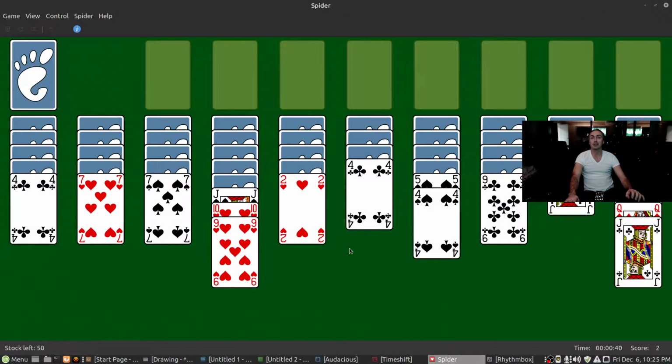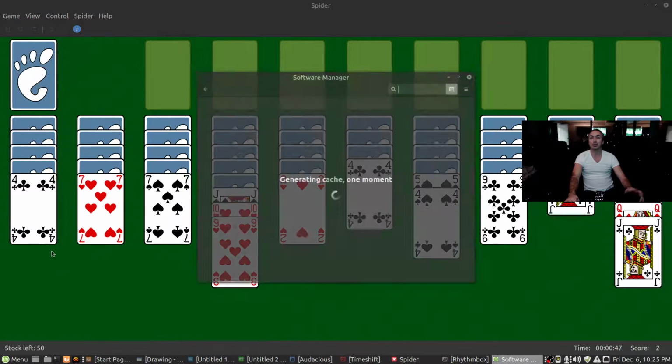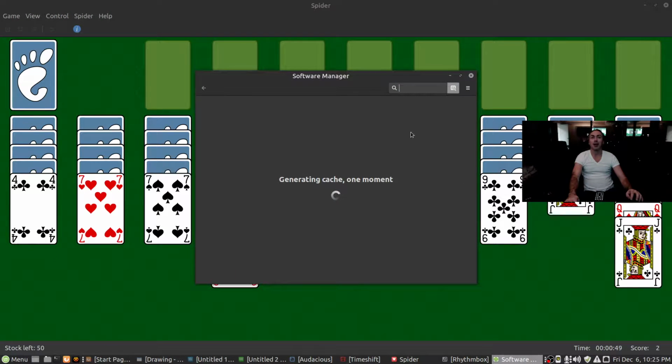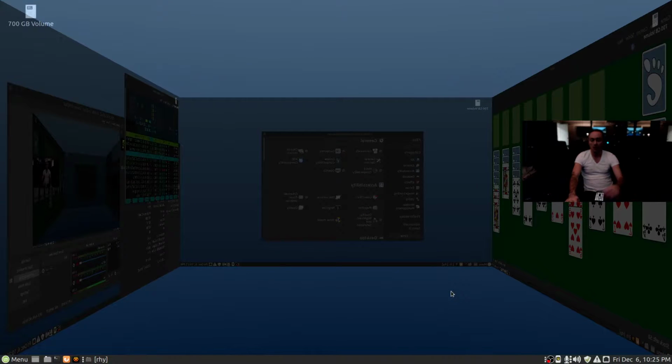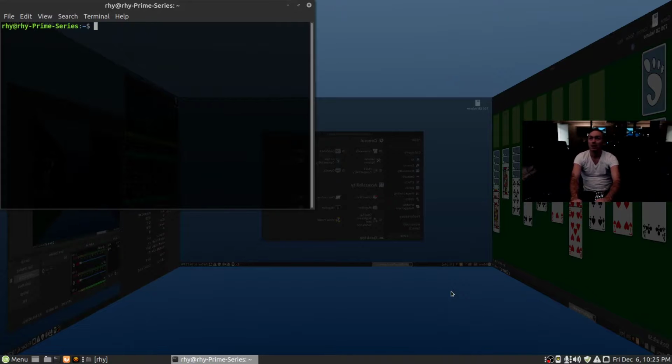Solitaire, this I've installed from the repos. This is called Iagno. And again, you can get this straight from the software manager, which is right here. I haven't opened the software manager yet because I never use it. I always apt install everything from the command line, which I can show you what that looks like if you want. Let's see, so sudo apt install. What else do we want to apt install? I think I already apt installed everything that I like. I guess we could do,